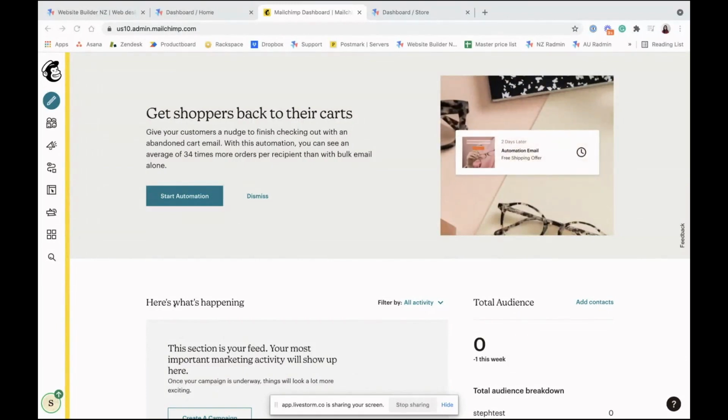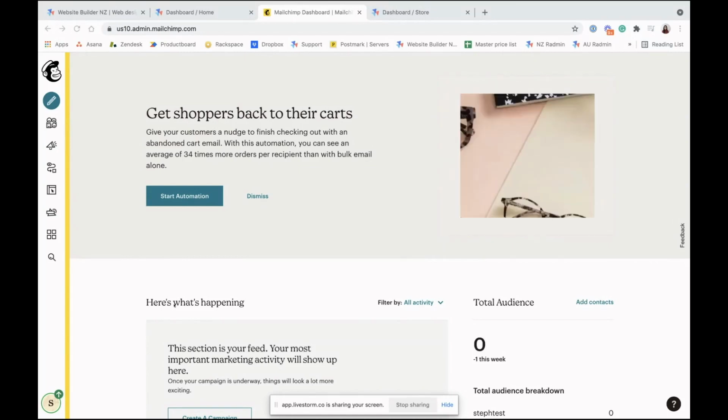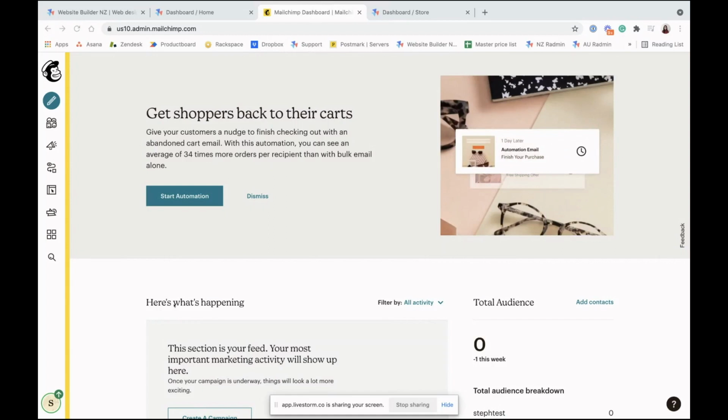You can set this up, especially if you've got the paid version. If someone buys a product in your store, you can set this up so that, for example, 6 months later or 1 year later, they'll get a follow-up email saying, hey, you haven't ordered this in a while. Especially if it is one of those products that should be bought, say, once a year.